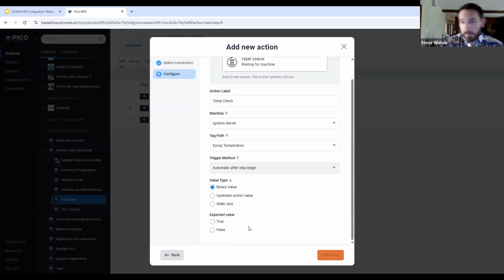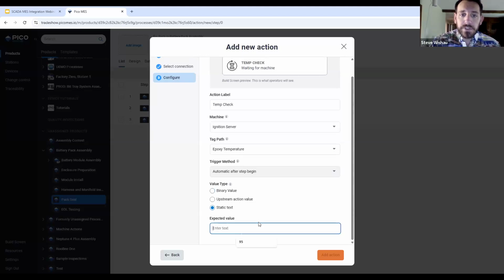So I'm not going to be able to complete this action, move to the next step in the instructions until this value reaches a threshold of 85 degrees. If it's colder than that, it's not going to dispense right. It's going to be too much, too little epoxy being dispensed, so this pack isn't going to accomplish its task. We can see that we can set it to true, false. We can set it to an upstream action value of, okay, let's do some math here,